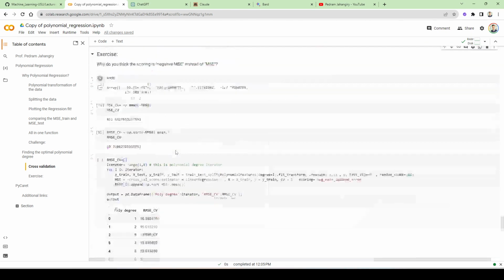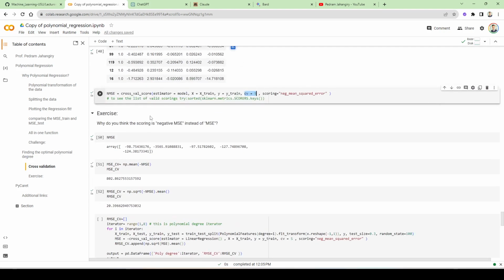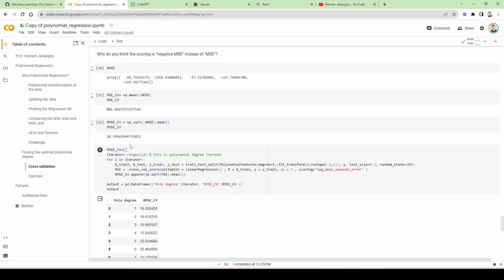So I'm going to put this thing in a for loop, and then create the RMSEs for different values of d, right? So let's do that. I'm going to call it RMSE cross-validation. It's an empty list, right? I'm going to iterate from 1 to 8, well, not including 8, so 1 to 7. And here's a little more involved. Why? Because for every single time, we have to create that polynomial feature thing and train a new model,